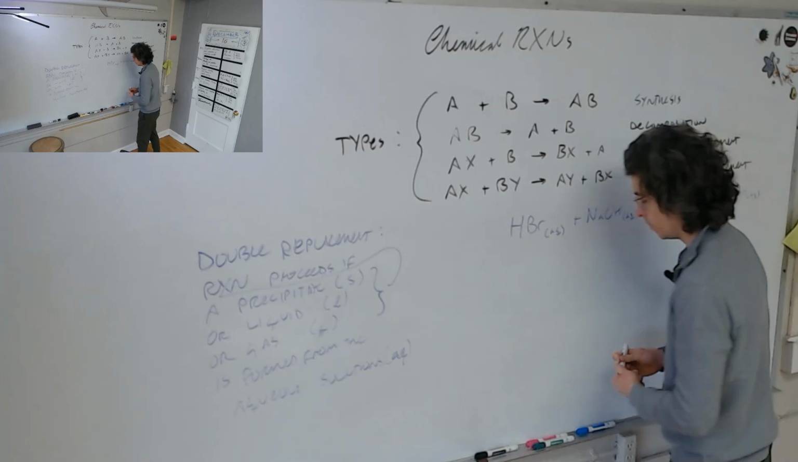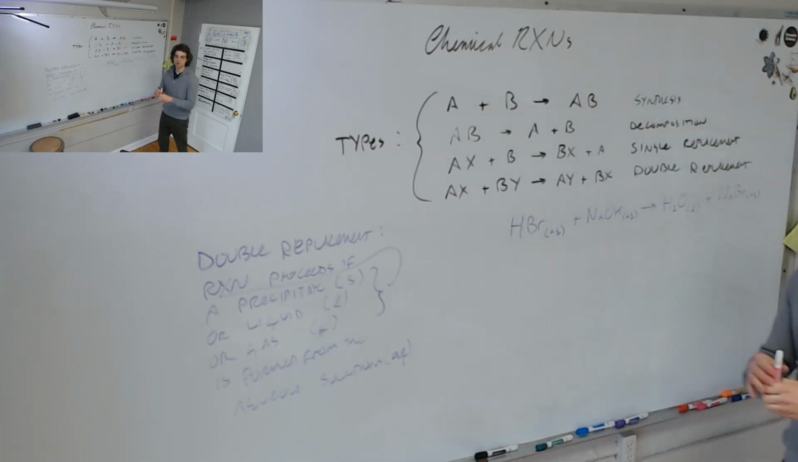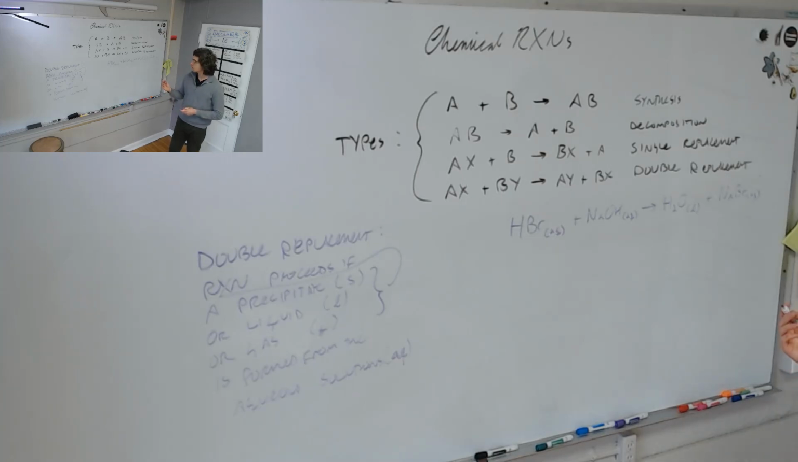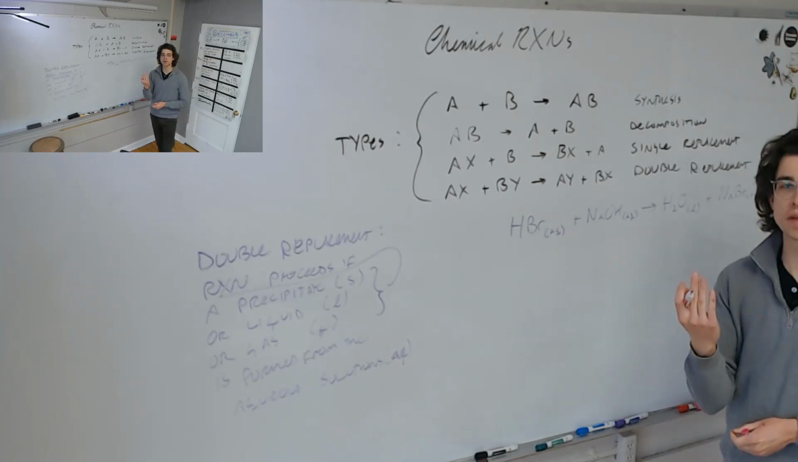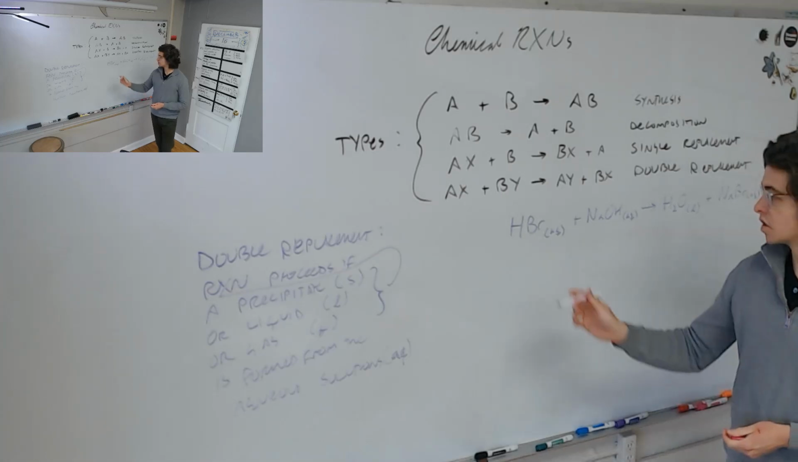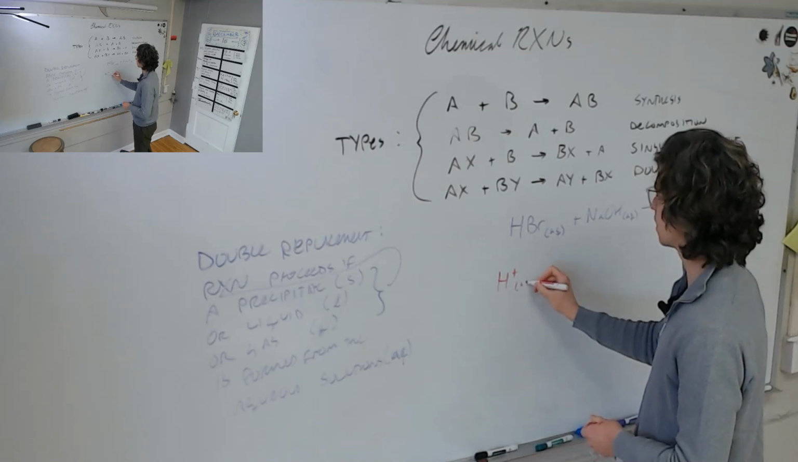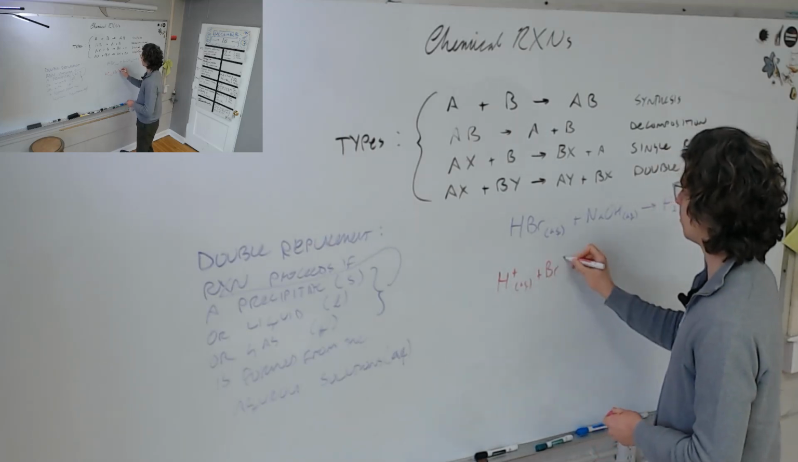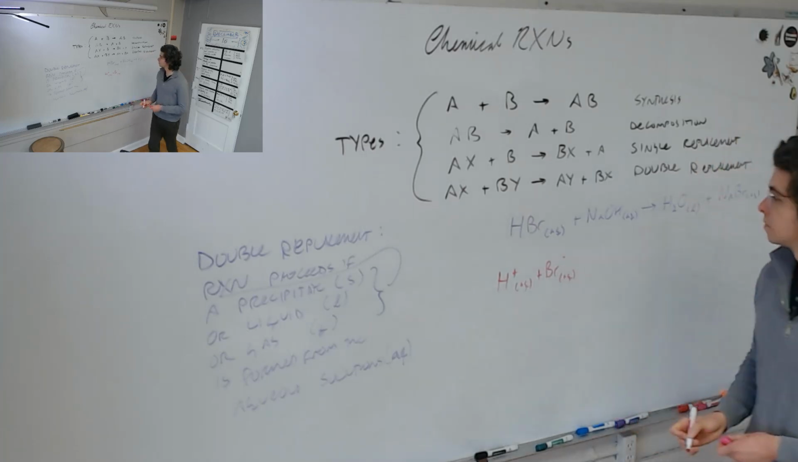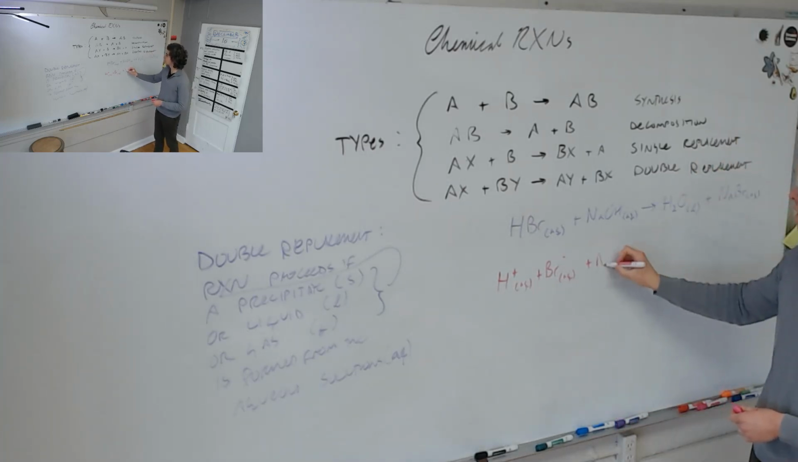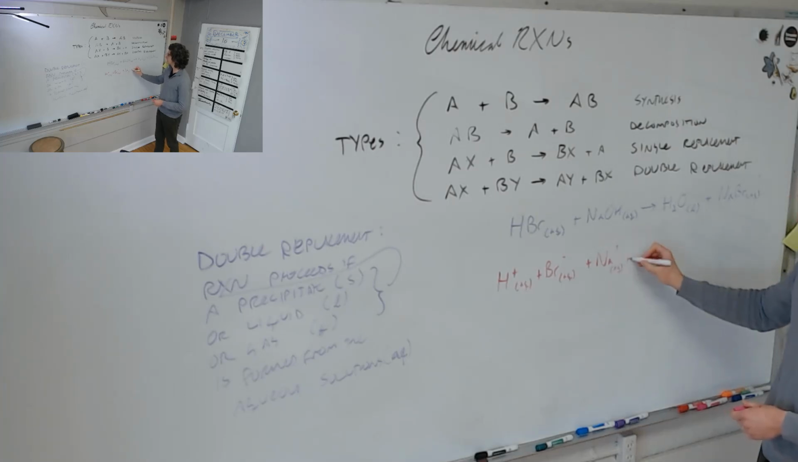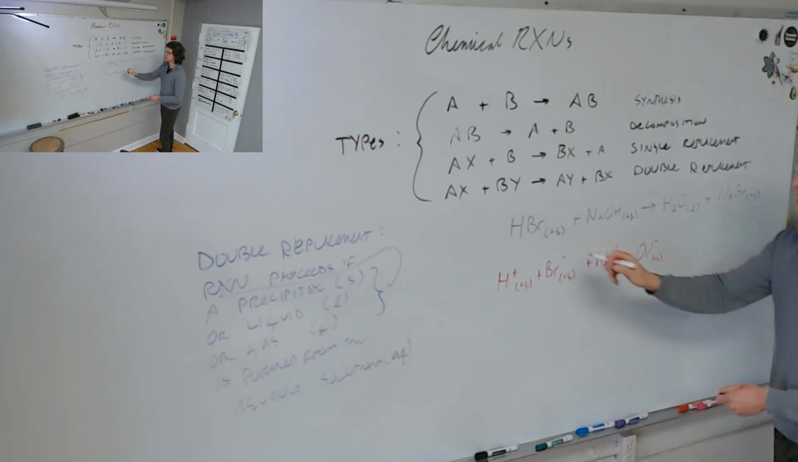The next thing we do is everything that is aqueous, we break it up into its individual ions. The way you can kind of remember that is that's what's physically happening in the water. So the water has dissolved HBr and made it into the H plus ion and the Br minus ion. It has dissolved the sodium hydroxide to become the Na plus ion and the OH minus ion. So we're just breaking all of these things up